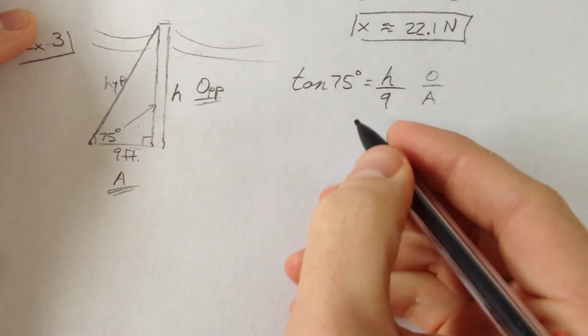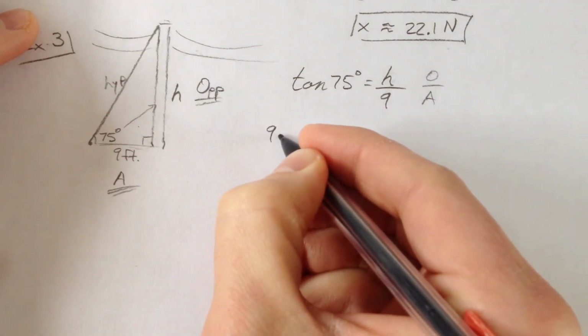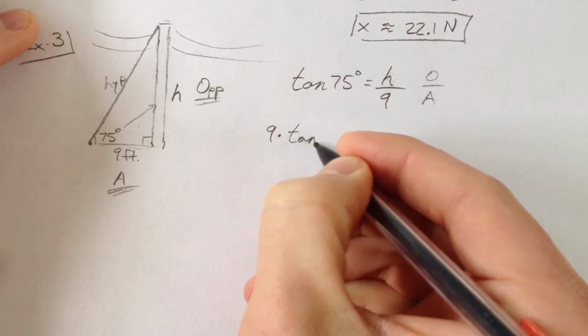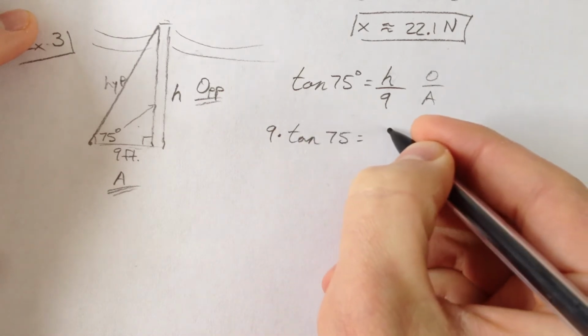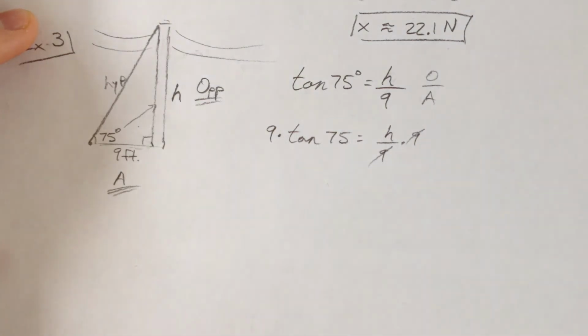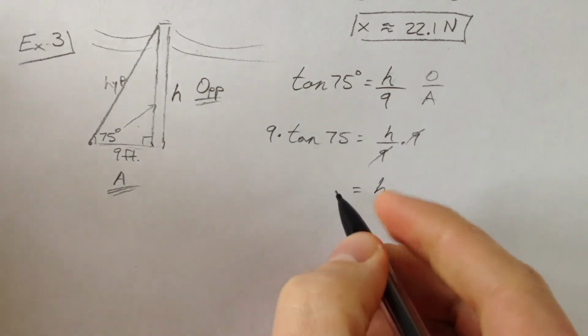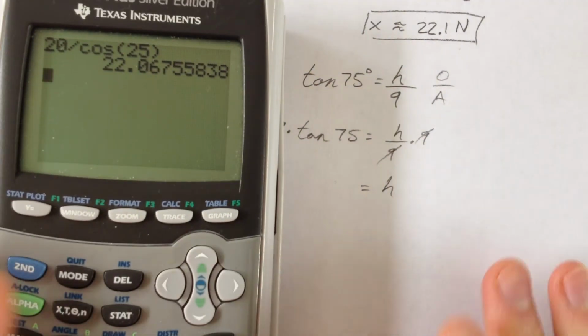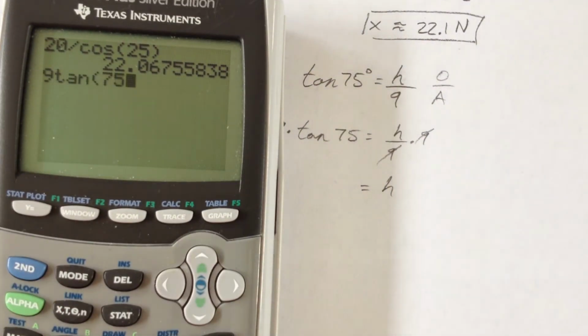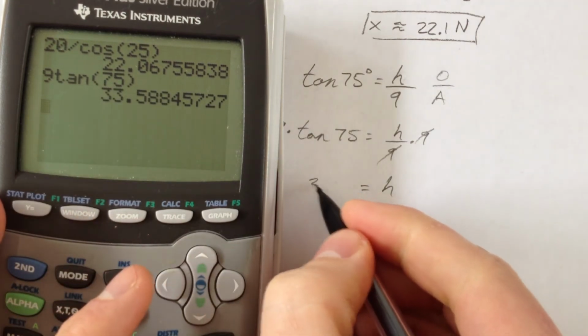And so how you deal with that is you multiply by 9 to cancel out the divided by 9. Tangent of 75, h over 9, multiply by 9, because that crosses out the divided by 9. And then you get 9 times the tangent of 75, and you type that into your calculator. 9 times the tangent of 75 is